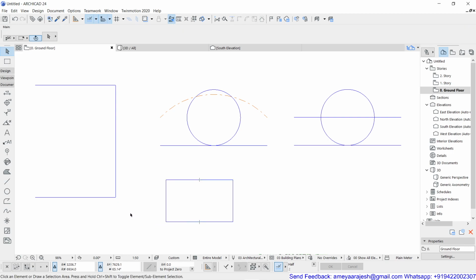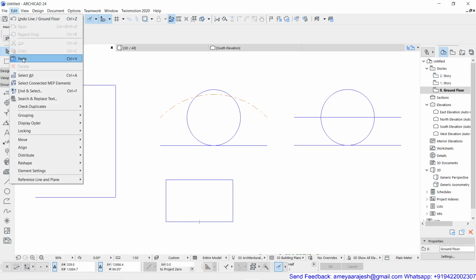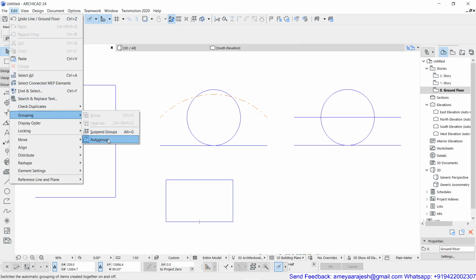That's because the auto group feature was on. So remember, when the auto group feature is on, whatever you draw from then onward, if there is a possibility of grouping them, ArchiCAD will automatically convert them into a group.